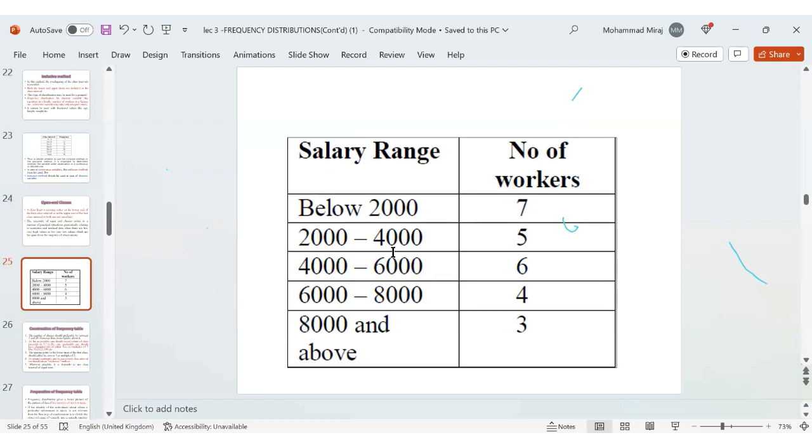जैसे यहाँ पे बिलो 2000, 2000 टू 4000, 4000 टू 6000, 6000 टू 8000, 8000 एंड अबव। ओके, तो बिलो 2000 और मोर देन 8000, ये दोनों ओपन एंडेड रेंज हो गई। फिर उसके हिसाब से लोग उसको यूज कर सकते हैं। इसको ओपन एंडेड बोलते हैं। तो मैंने तीन मेथड बताए: इंक्लूसिव, एक्सक्लूसिव एंड ओपन एंडेड।